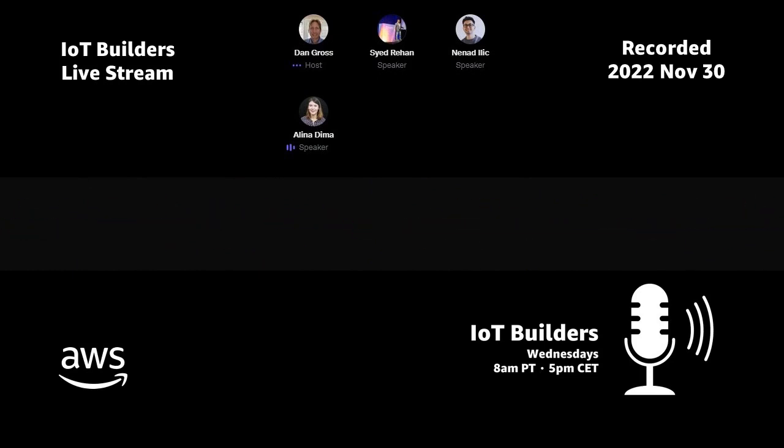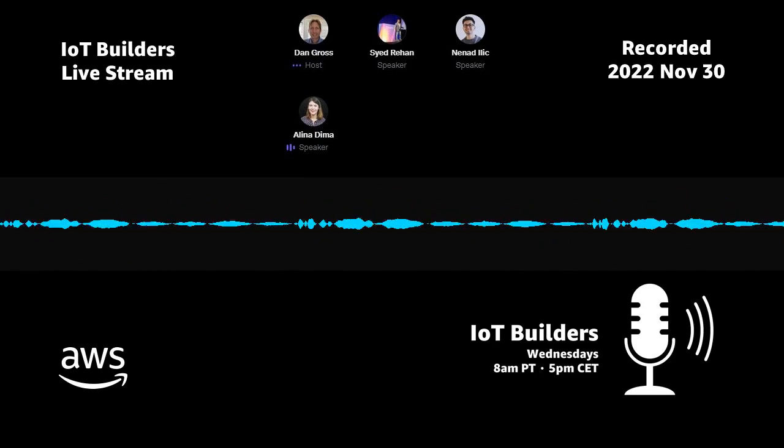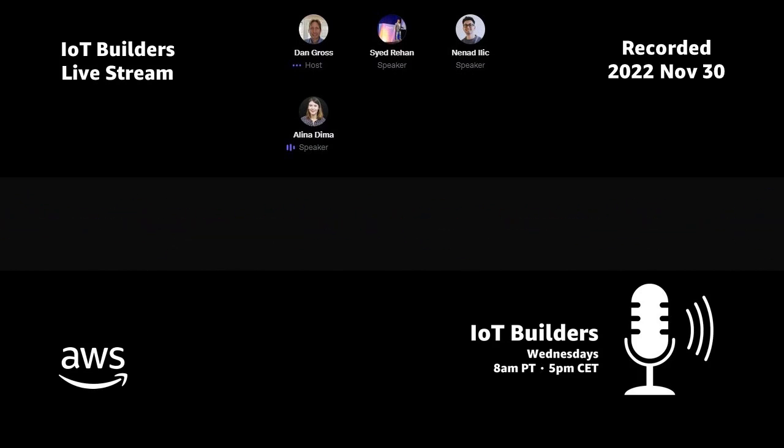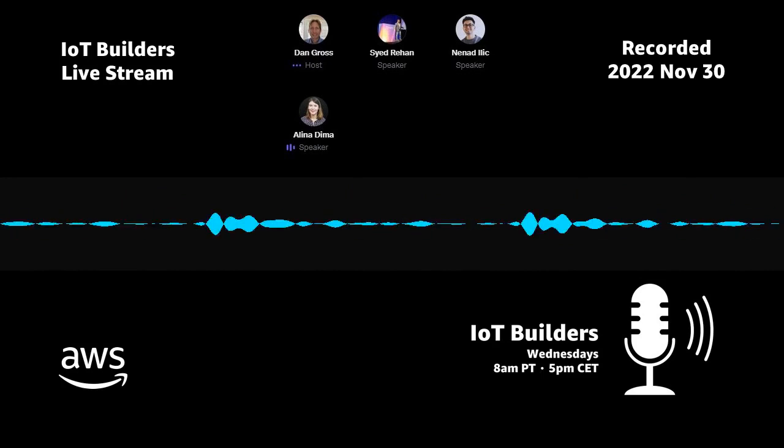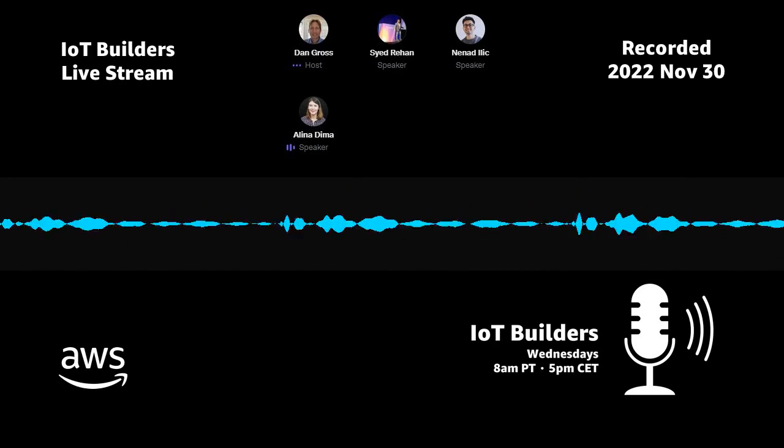Absolutely. Could be a good way too to stage a solution, right? Say you had a smart city solution that you were planning to roll out. Well, instead of doing a field test and rolling it out to however many devices in the field, you could actually do a simulation of it first to see if there were any issues, things you didn't quite account for,